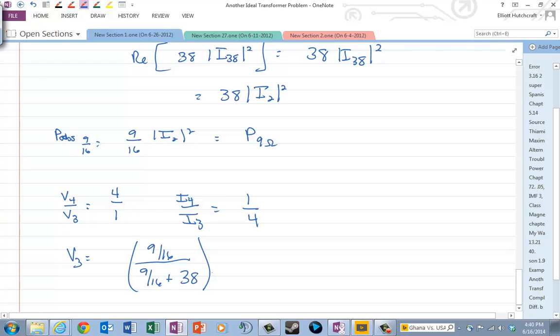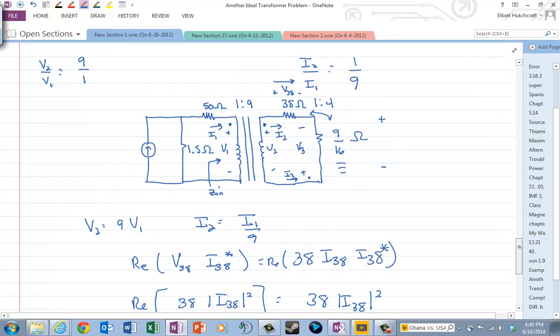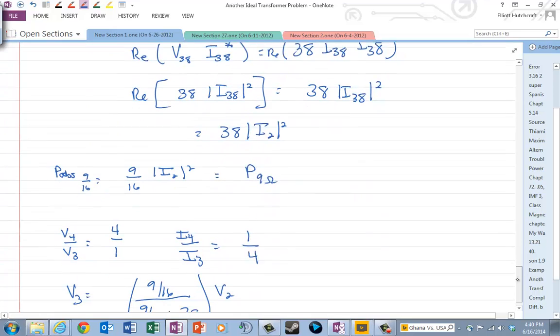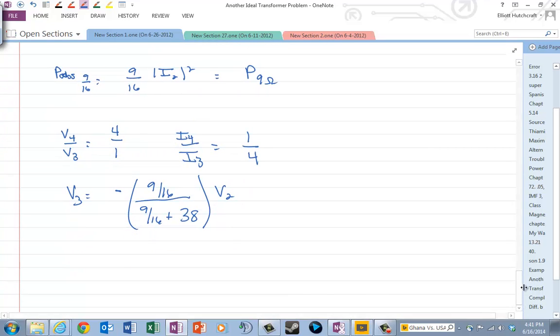Take that ratio, multiply it by the total voltage, which was V2, but the only thing we have to add is, notice that V3 is wanting the polarity from minus to plus, and that's not the way the standard voltage divider works, so we need to add the minus sign right there to get it. And okay,